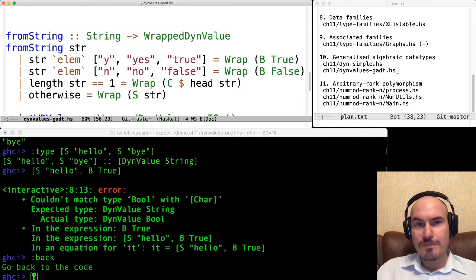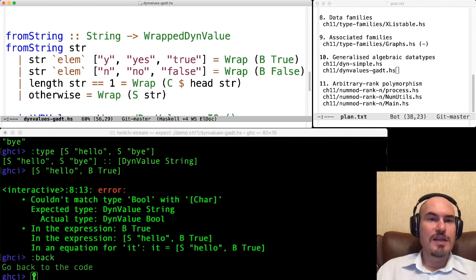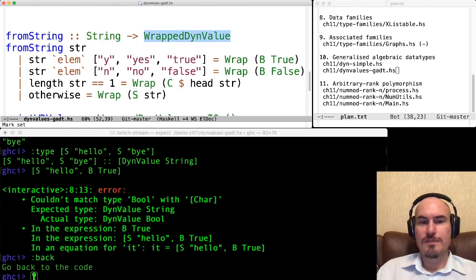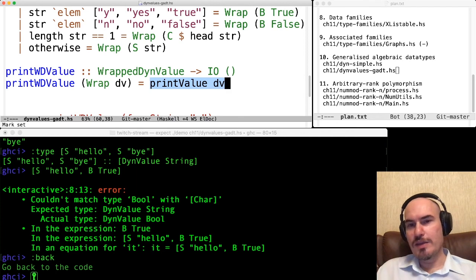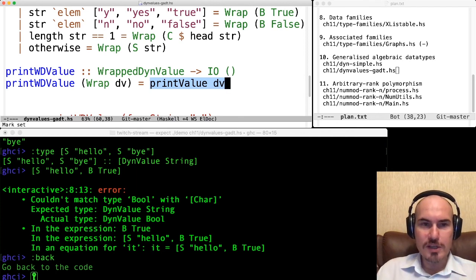Okay, so now we can take any string and wrap it. And once we wrap it, we can do anything with it. So once again, if we have a wrapped value, then we can do pattern matching over it. And once we have a DynValue, at this point we will have a particular type, and we can use it to run printValue, and printValue will pattern match over constructors of this DynValue, and they will have either bool or character or whatever.